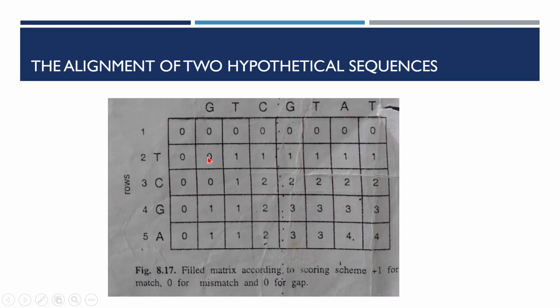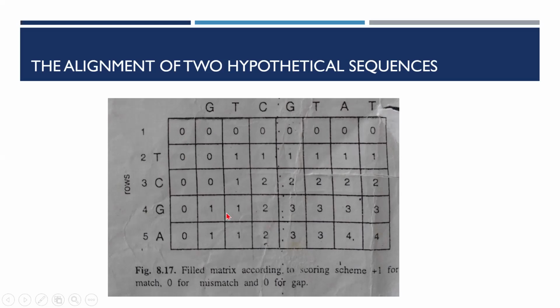Then to fill the next cell of the matrix, 2, 2, we need to know the values in these 3 positions. If we know the values in these 3 positions, we have the dynamic programming algorithm, which is the maximum of the diagonal value plus the alignment score, which is 0 here, then the above value plus the gap penalty, which is 0, and the left value plus the gap penalty. The maximum of all these 3 values is 0. Likewise, when you fill all these cells, the next step in aligning these 2 sequences is the trace back method.